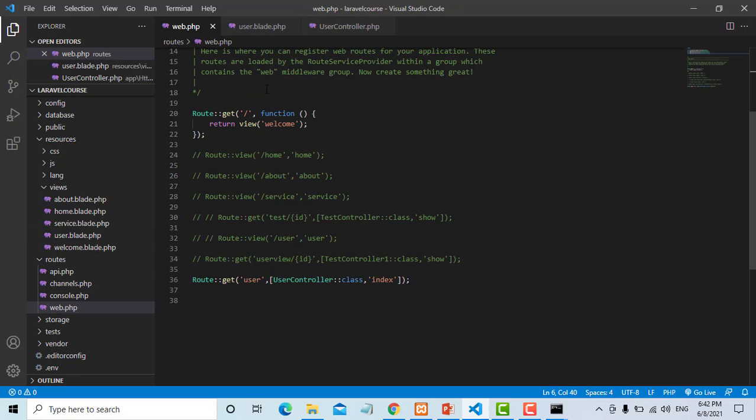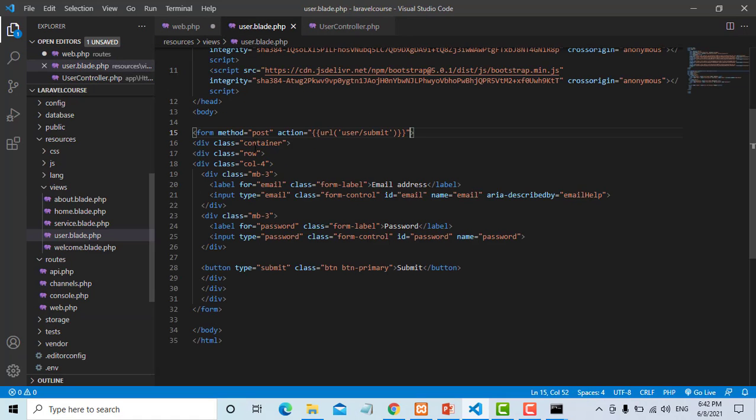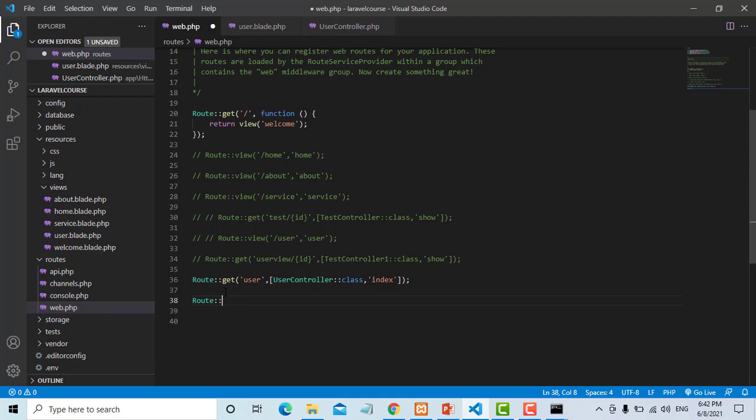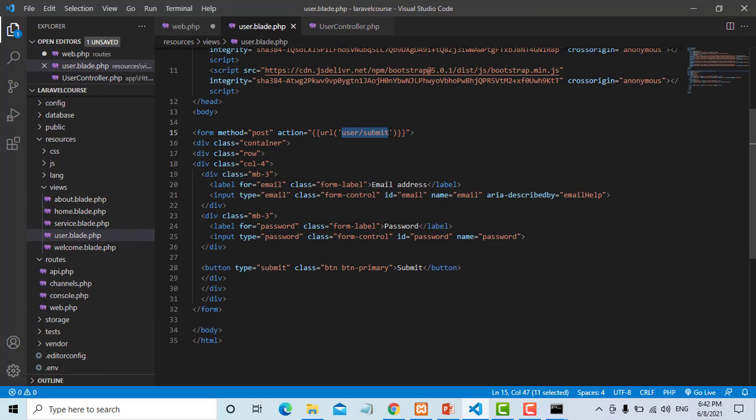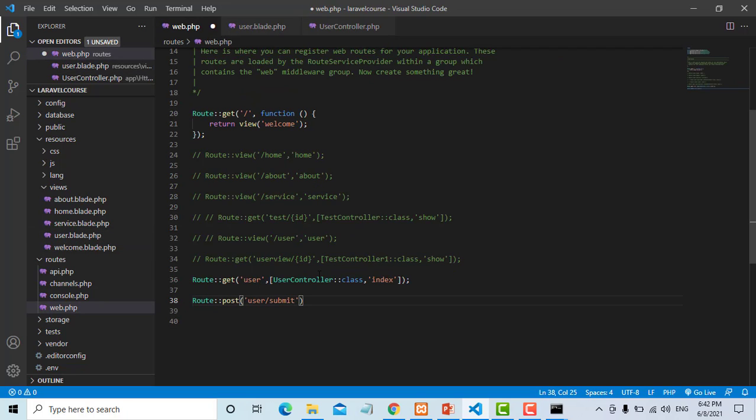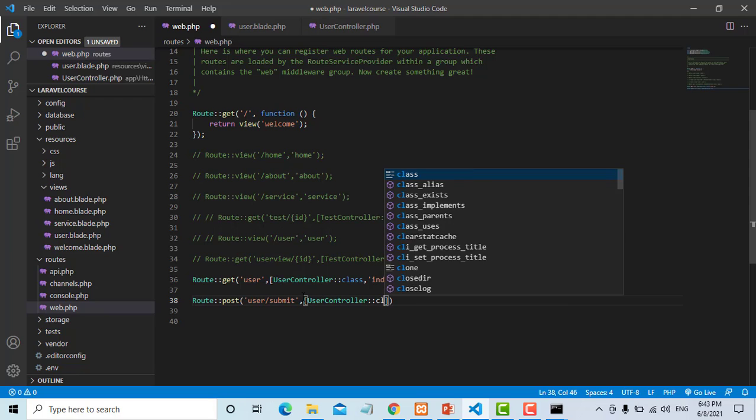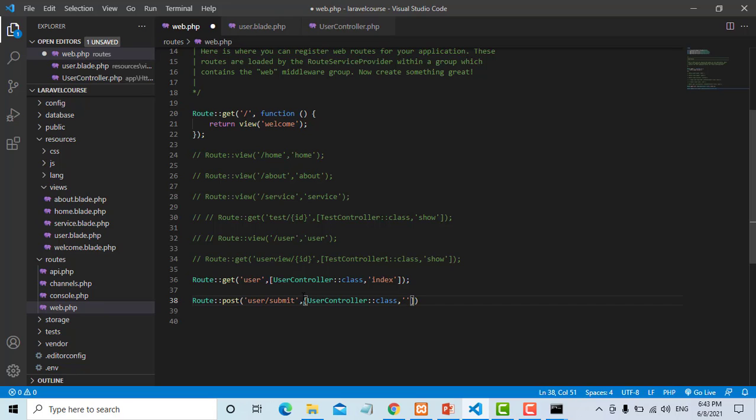Now we have to define a route for this. User submit route. Our method for submitting form is post. So here we will write post. Then what is our URL? User submit. Then UserController::class, then we will call which function? Submit. Okay,